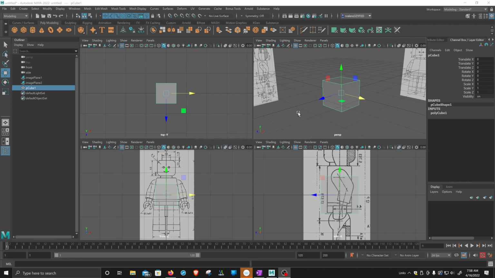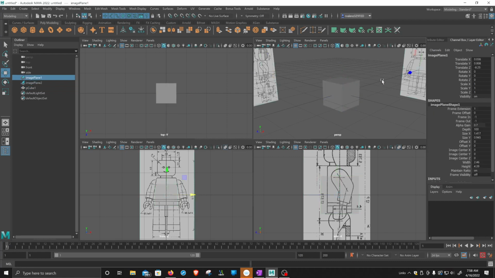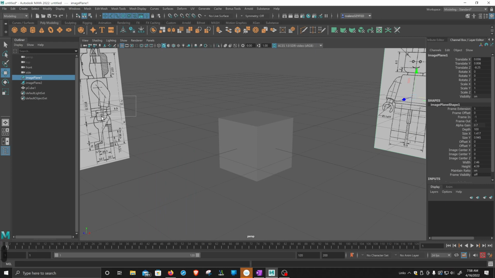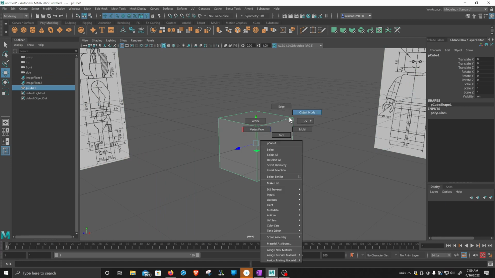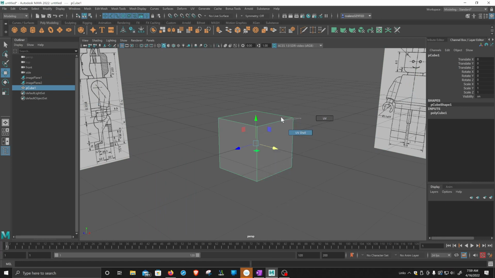Okay, so now we're going to start modeling. If you run into an issue where you cannot select your image planes, sometimes this happens. You're trying to select them, but you can't. It can be one of two things. One is that you are on component mode on your box here. So if you're in component mode,